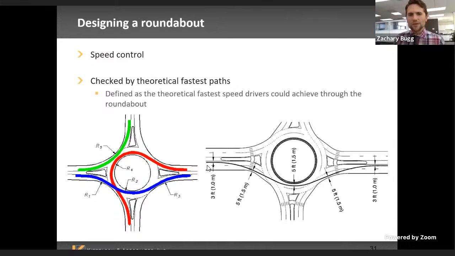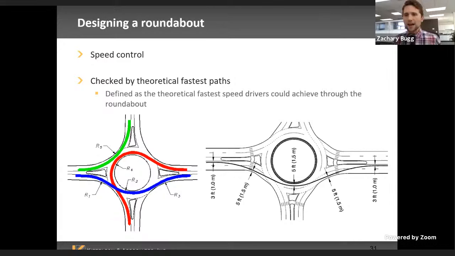It's done using these offsets from curbs, from pavement markings. You're looking for what is the fastest path, or the theoretical widest radius of a path that you could do in the absence of traffic. This is converted to a speed. You really want to try and keep roundabout speeds below 40 kilometers per hour or below 50, kind of in that range. So we call that 25 to 30 miles an hour or so. And to try and get those, you get vehicles to yield, you reduce the severity of conflict points and the severity of crashes.